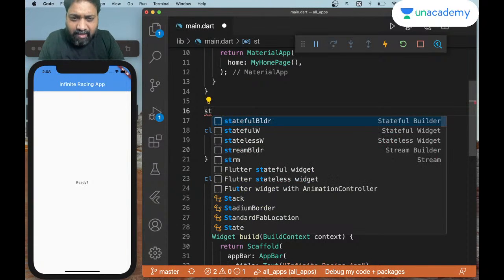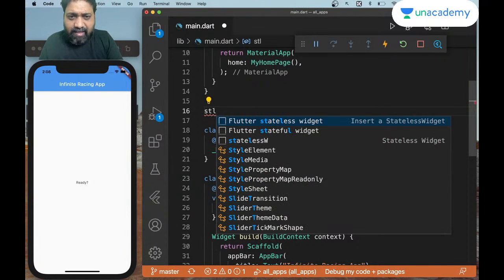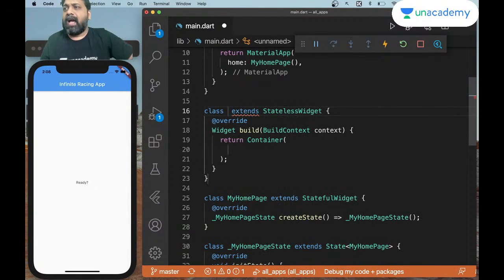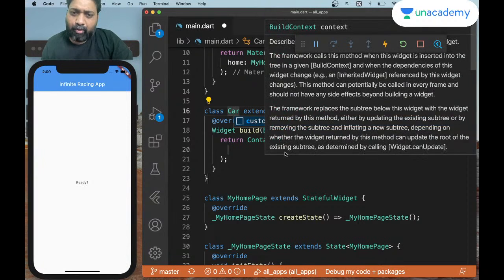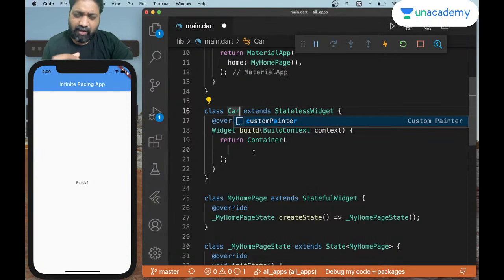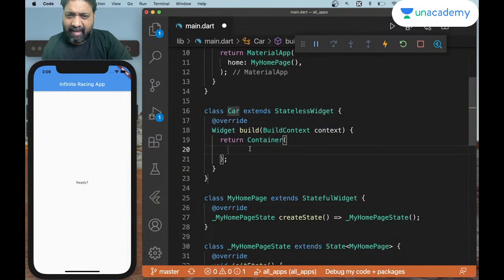And how I add that is by typing STL, stateless. If I do that and hit tab, I will be able to add one. So I am going to call it car. Although towards the end of this session, in the next session, that is the place where we make it work, I'm going to show you that we are not limited to cars. We can build other kinds of games using the same infinite racing concept. And what this is going to do is return a